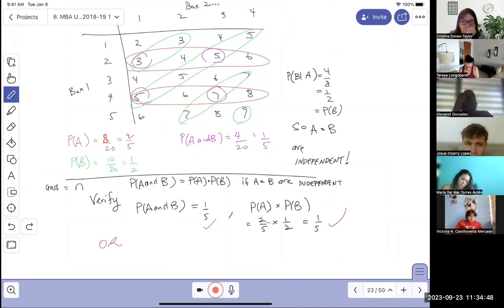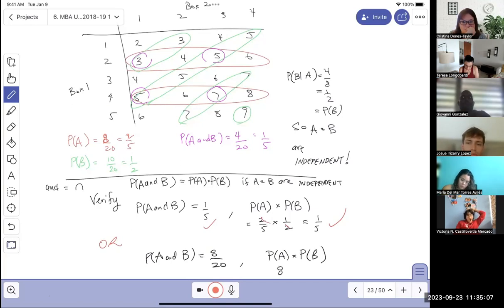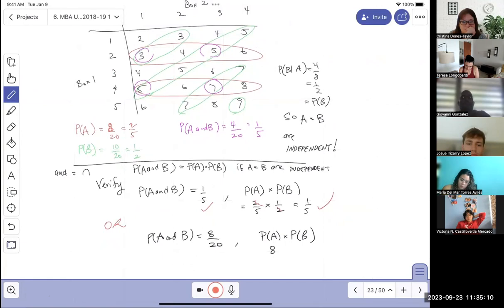I could say the probability of A and B is equal to 8/20, and then the probability of A times the probability of B is equal to 8/20 times 10/20, which is equal to